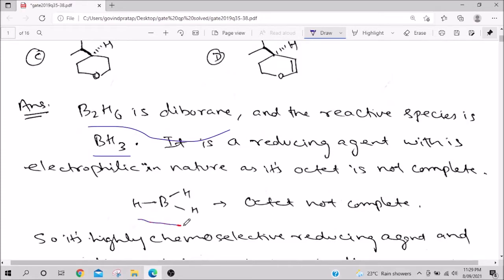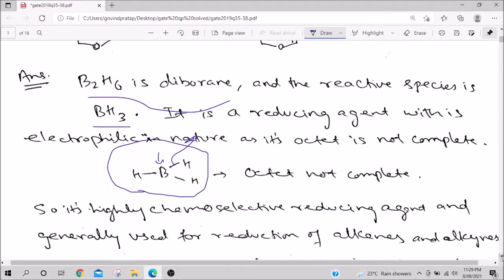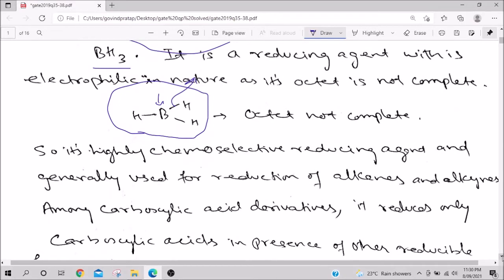Now, BH3 is a Lewis acid, its octet is not complete and therefore, it accepts a lone pair of electrons and then basically gives hydride to do the reduction reaction. So, what we understand is it will accept a lone pair of electrons. So, it reduces only those species which have a high amount of electron density. Generally it is used for reduction of alkenes, because alkenes have a lot of electron density, alkynes, and